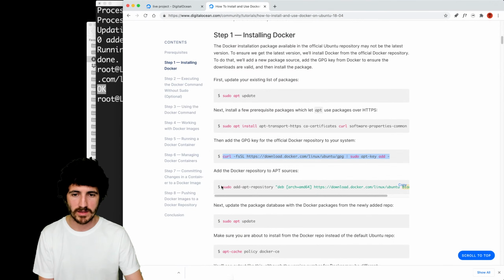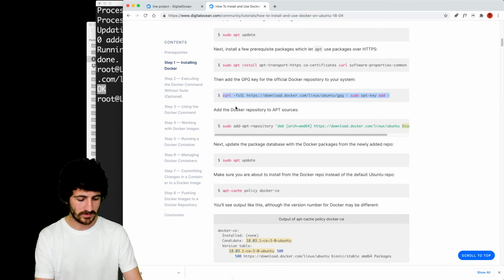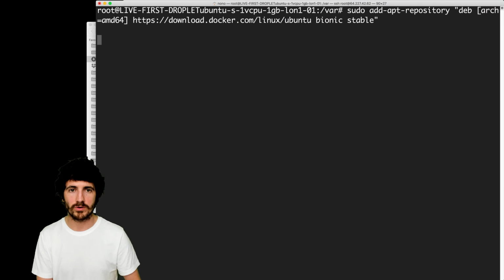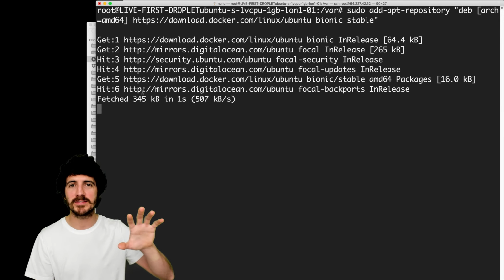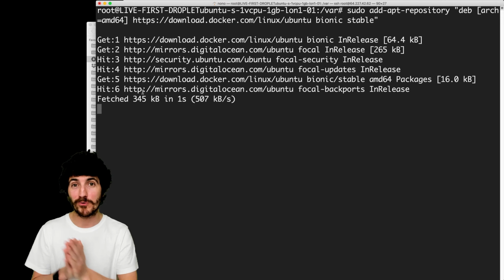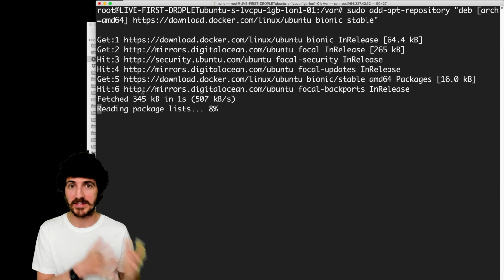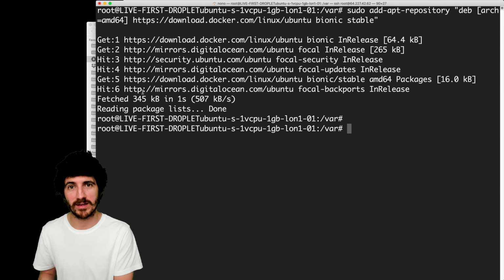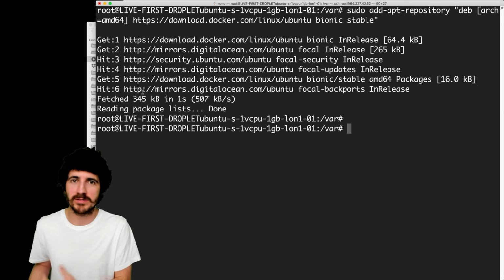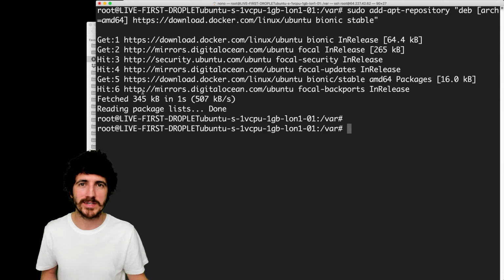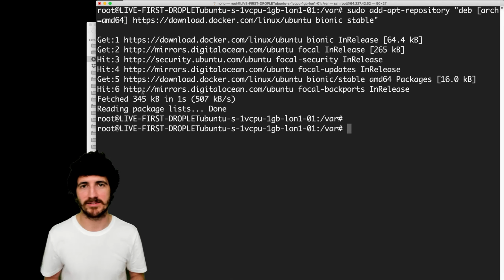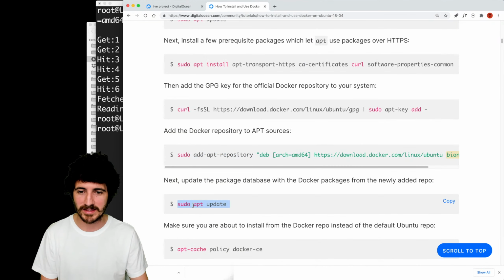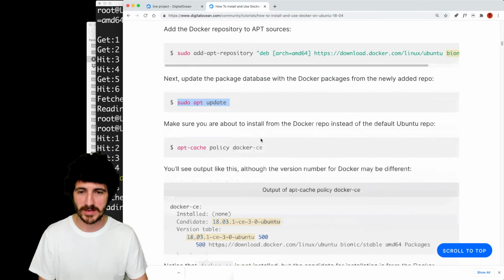Then add the Docker repository to apt sources, so we can install Docker. I'm just going through this to give you an example of how you would install something, in this case Docker, if it wasn't installed in the DigitalOcean Droplet that you're creating. Because many times, even if you get Docker pre-installed, you might want to install Node.js or Laravel or Nginx or Apache, many things, or ImageMagick, or Pandoc.